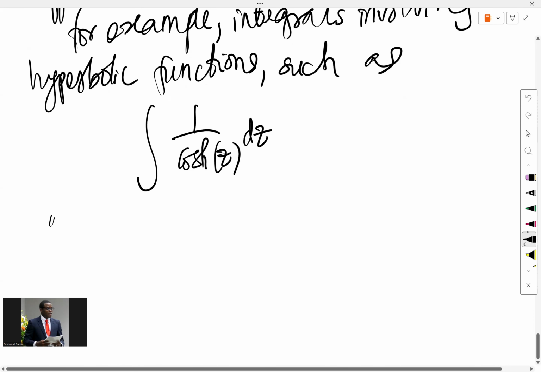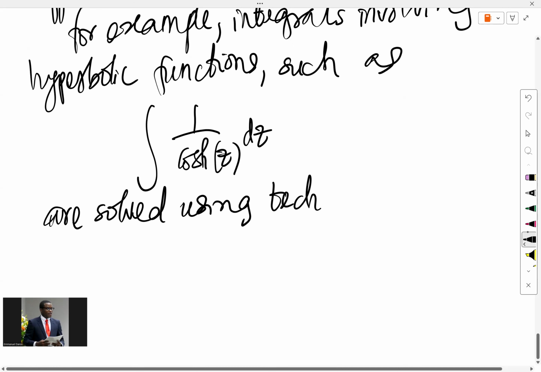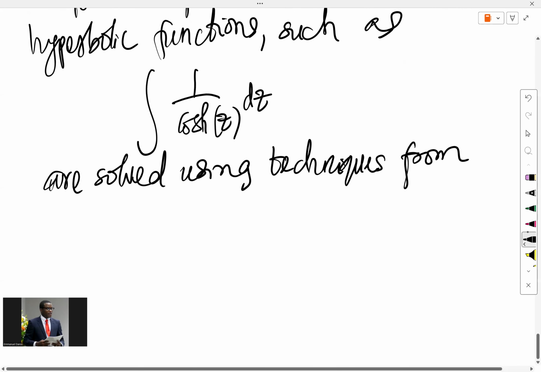Integrals like this are actually solved using techniques from complex analysis,